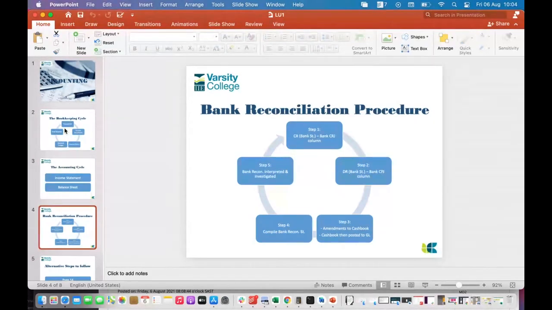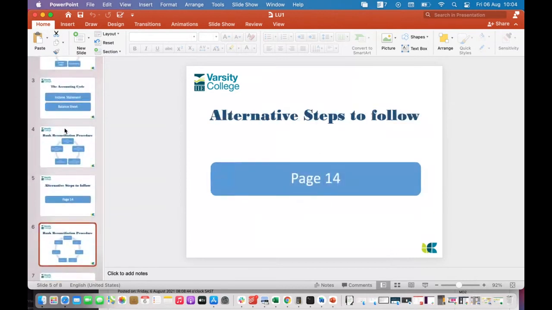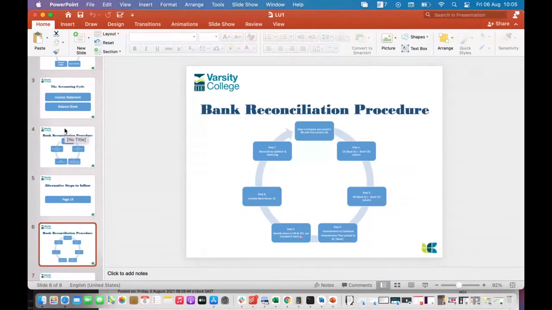Now the bank reconciliation procedure: they give you 2 procedures in your textbook. This is the first one. I do not recommend you use this one. It could still work for you, but I recommend that you use the second, the alternative one,